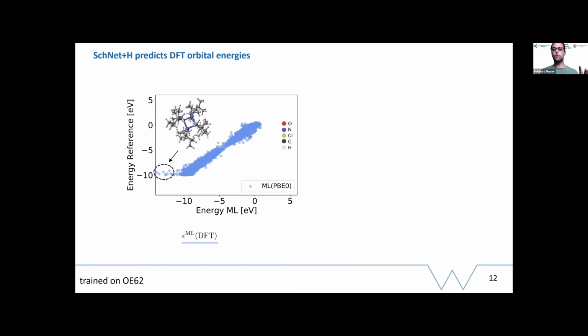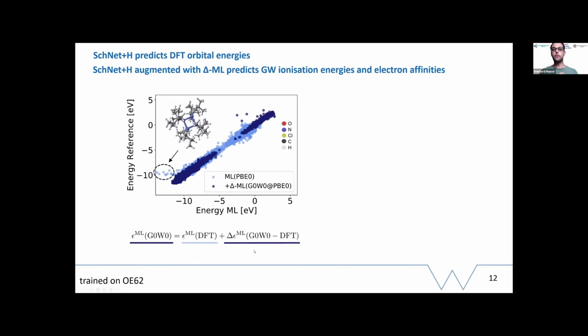So I told you this database is interesting. It has 62,000 molecule entries for which we have these hybrid DFT energies. It also has these 5,000 data points with very accurate energy levels. And for example, we can now add on top of our model a delta machine learning model where we only learn the difference between DFT and GW. And it turns out if you learn this difference, this is actually very easy to learn, much easier than to learn the original data. And so you can see this delta ML model on top of the DFT data now